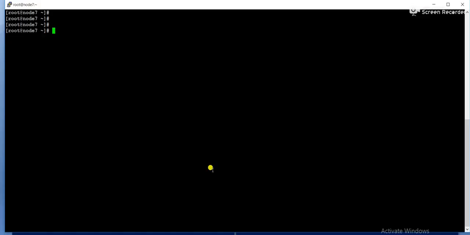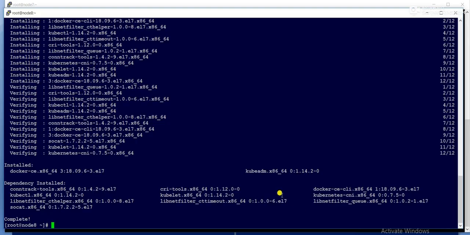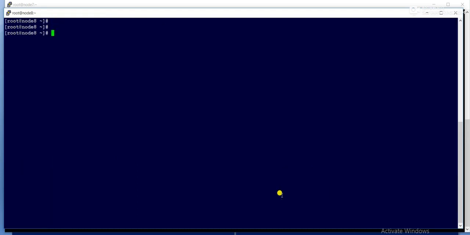Okay, so simply we'll run systemctl start docker and systemctl enable docker. Okay, so now it's enabled. Same thing we'll do on the worker node also. So start Docker, enable Docker.